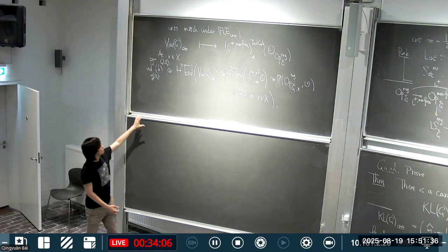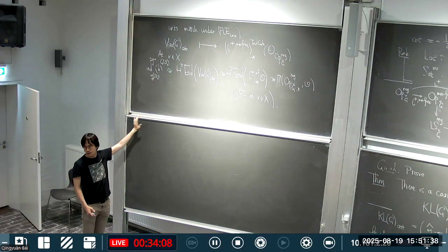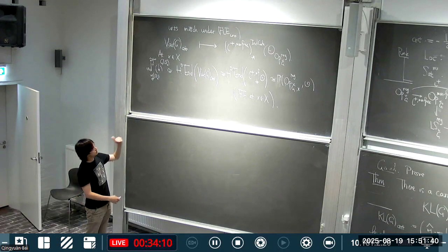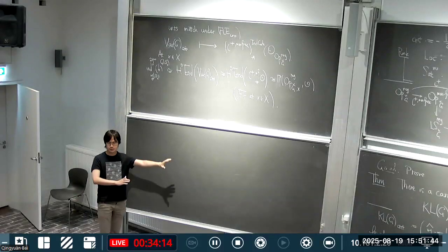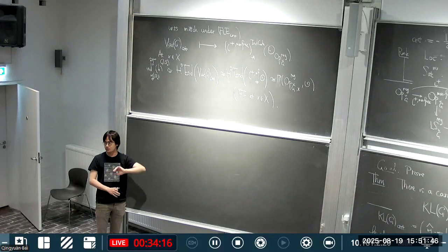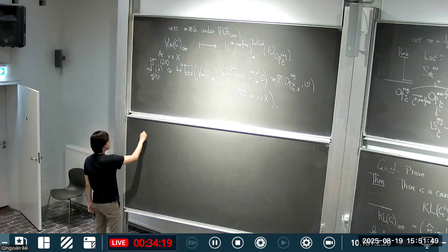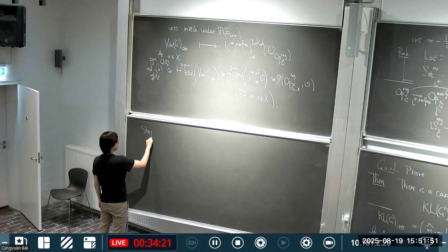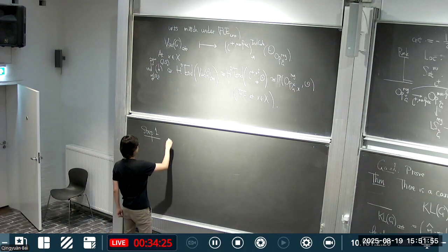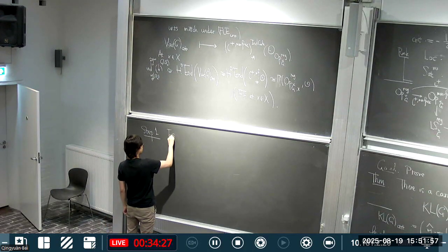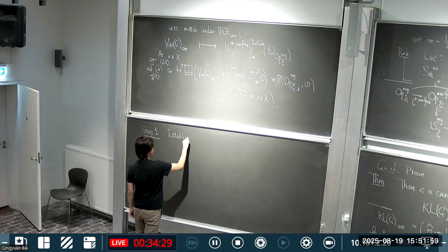So we'll first establish the Feigin-Frenkel isomorphism in a way that's stronger than what's stated here, and then we'll bootstrap the equivalence from that isomorphism. So let me say step one. Step one in the proof of the theorem is that we'll establish FF